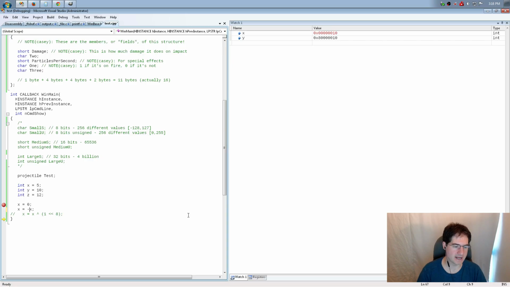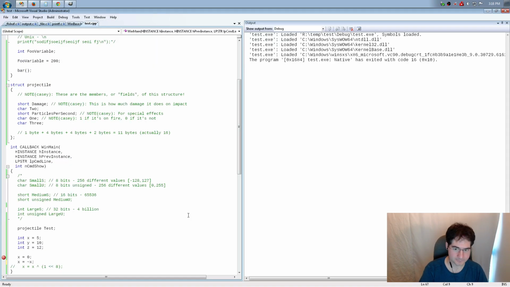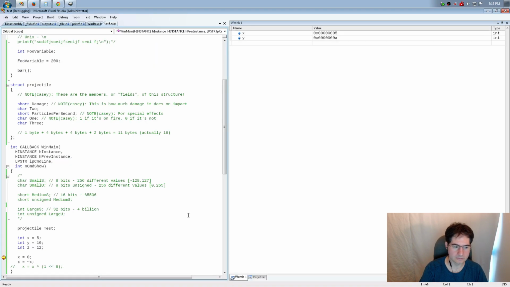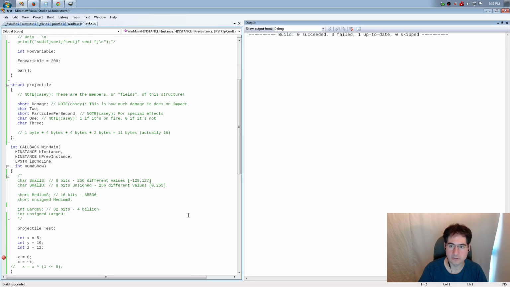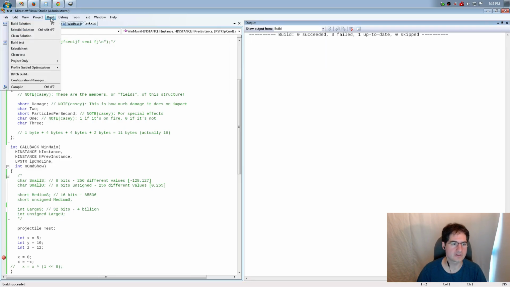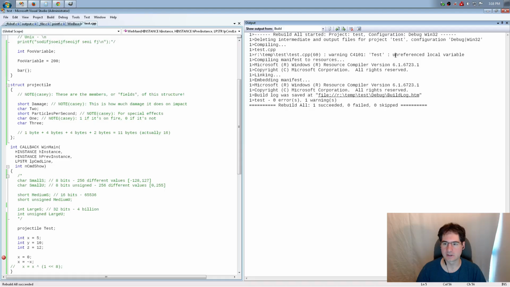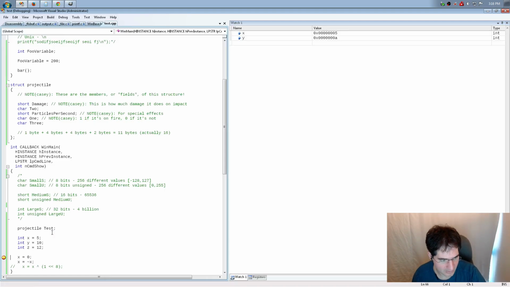It's kind of like when you put a negative in front of something. It changes the value of that something in the expression. Tilde in front of something means take all the bits that were 0 and turn them into 1 and turn all the 1s into 0s. It inverts the value, right? So basically, if I run in here, I had a warning. It's just that something isn't used. I like to be aware when I have warnings. Just unreferenced variables. That's fine. I don't care if I have unreferenced variables.